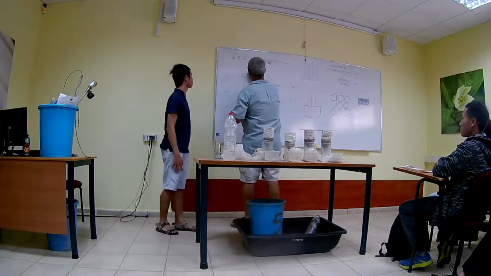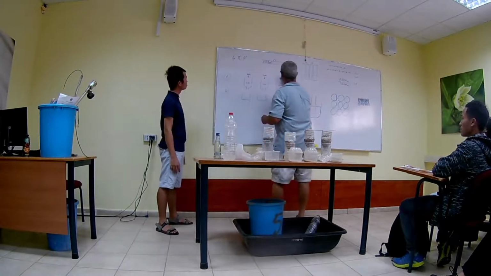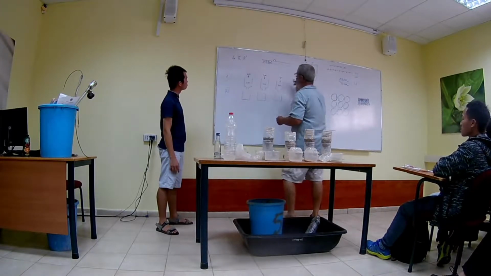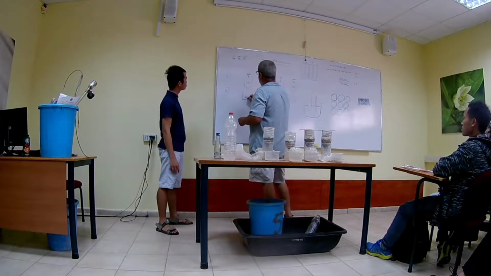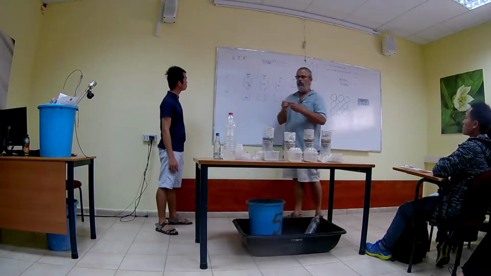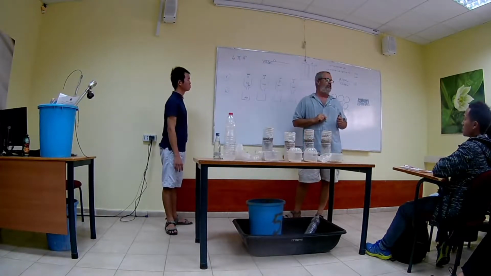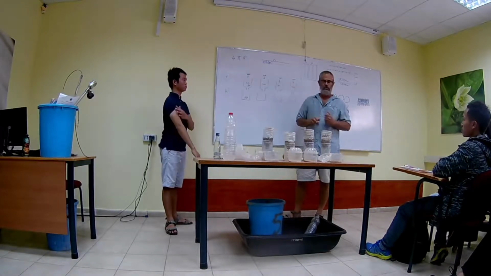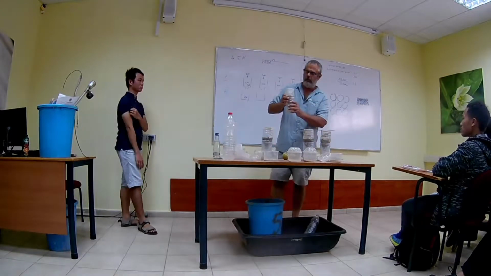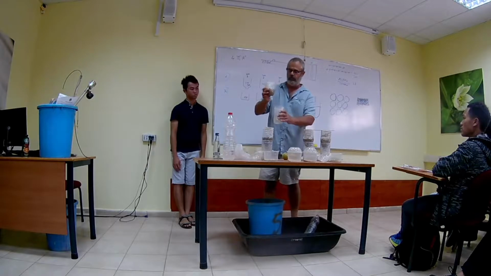I put here 200, and here I got 150. It means that 200 cc of this soil can hold 50 cc of water. Okay? All the free water leaks out and 50 stay. And here in this one, some still go out, but